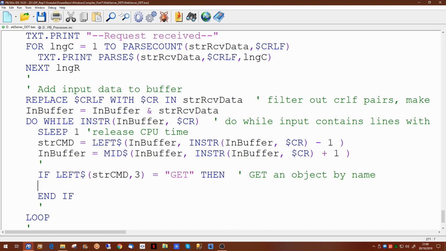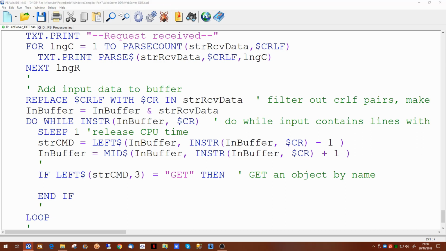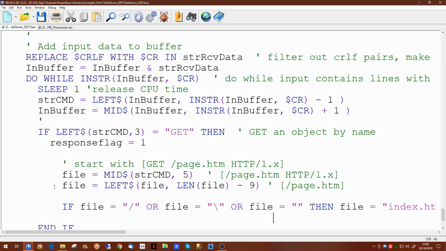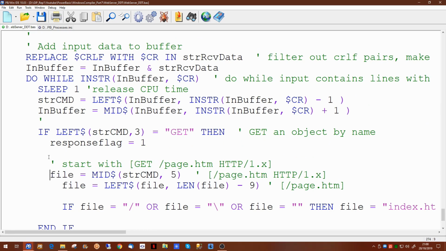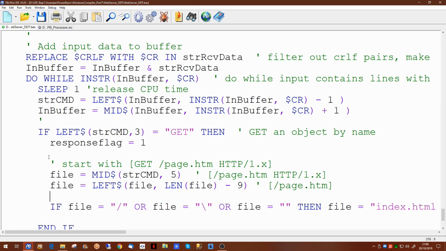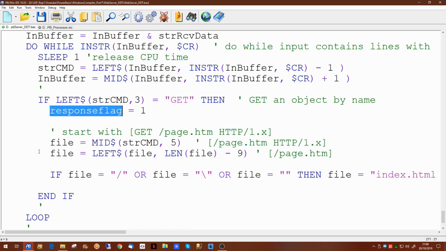So what I'm going to do here is there's a fair bit of fiddly code here, so I'm just going to paste all of this in and explain what the code's actually doing. So we're setting a response flag as we come in here. You'll see what that does in a moment. We're picking up basically the name of the file being requested, and we're then chopping that up,